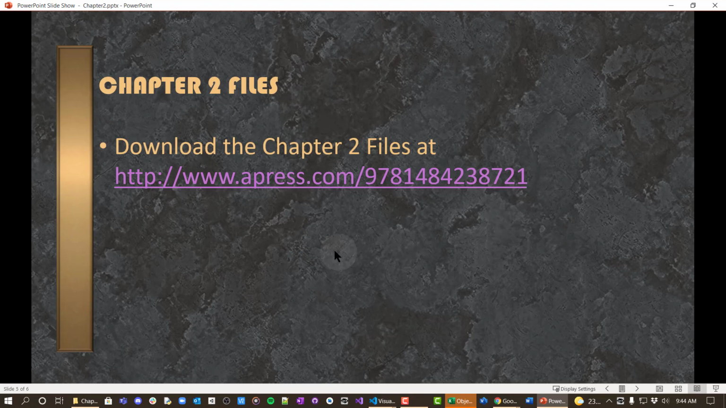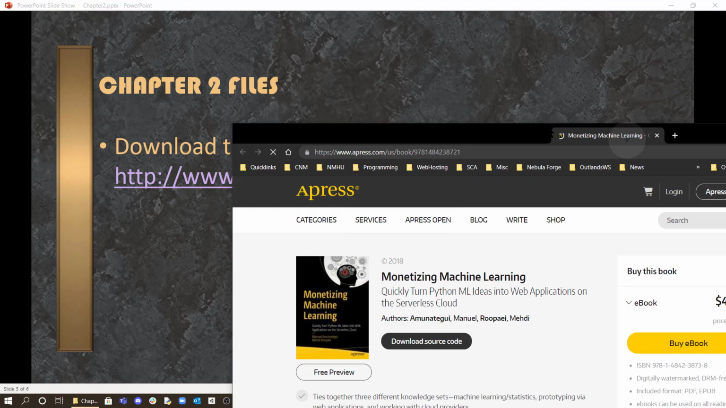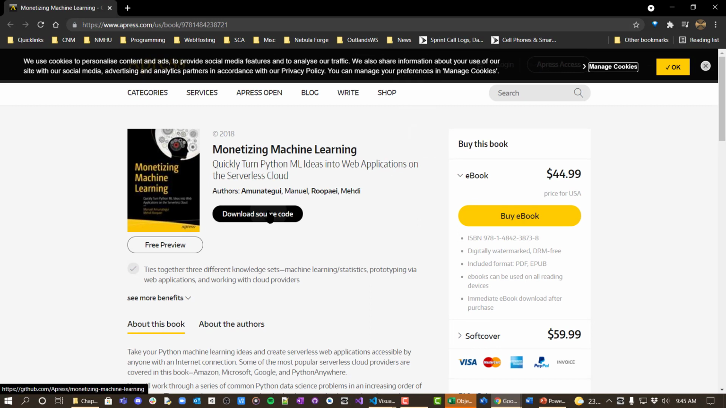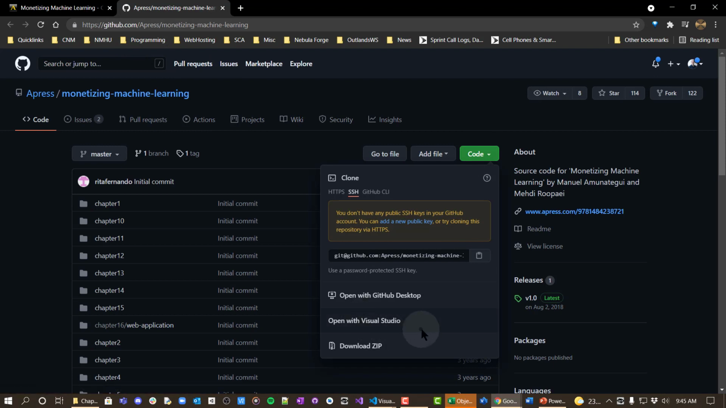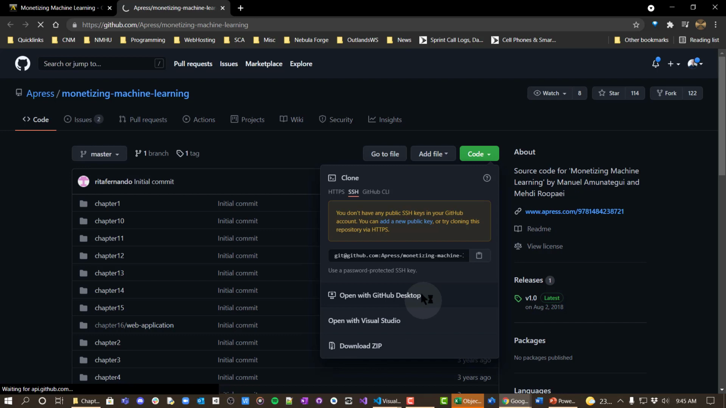So we're going to need the chapter 2 files. It has a solution in it, but we're going to use pieces of this to work through this exercise. So if we click on this link, it'll bring us to a place where we can download the source code. We're going to need this for the rest of the class too. So this will bring us to a GitHub repo, and if you want to clone it, you can. But the easiest thing for our purposes is to download the zip file